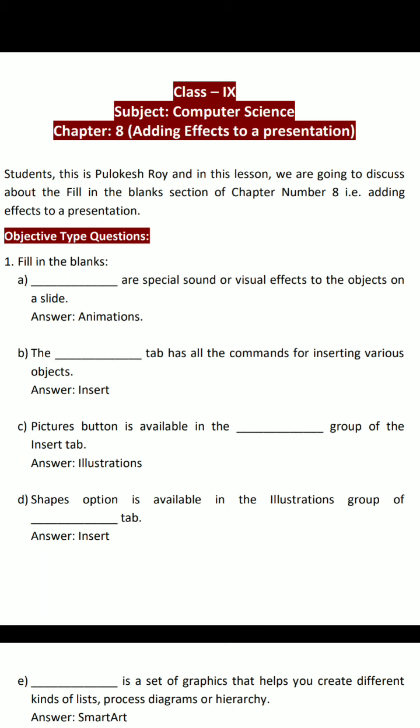Now let us discuss in short, what is this animation. So students, animations are the visual effects for the objects in your PowerPoint presentation, and animations bring objects like text, images or charts on or off your slide. Microsoft calls these entrances and exits, where an entrance is an animation that brings something into the slide, and an exit moves an object off the slide.